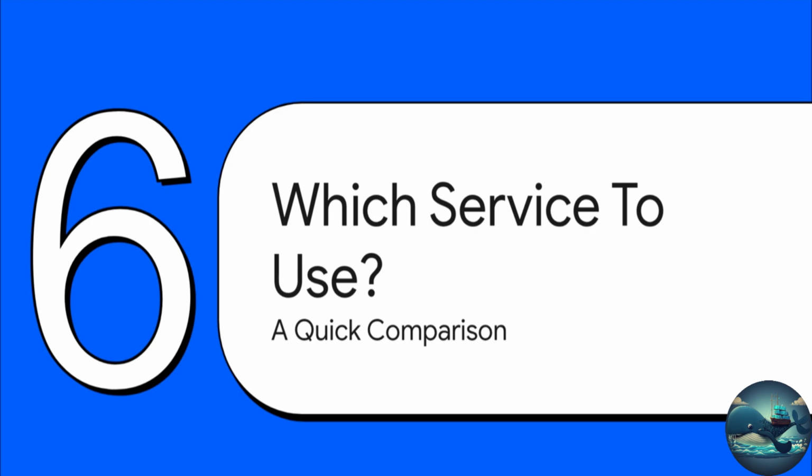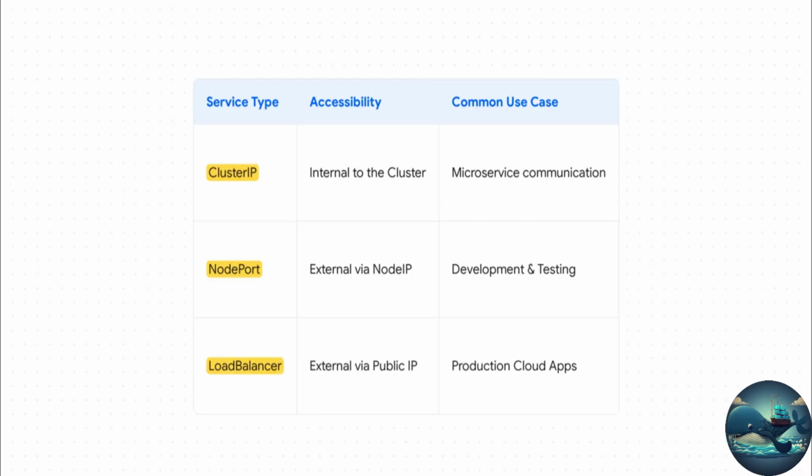Okay, so we've got ClusterIP, NodePort, and LoadBalancer. Three types. How in the world do you know which one to pick for the job? Let's make it really simple with a quick comparison. Let's just boil it all down. For any communication that stays inside your cluster, like a backend API talking to a database, you use ClusterIP. It's your default go-to choice. If you need quick and easy external access for development or testing, NodePort is your friend. And finally, for any serious production application running in a cloud that needs a stable public IP address, it's LoadBalancer,